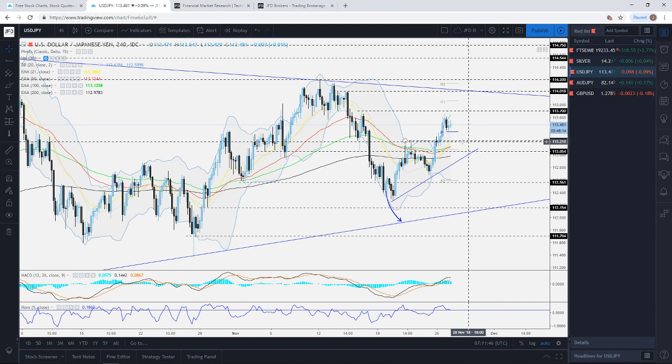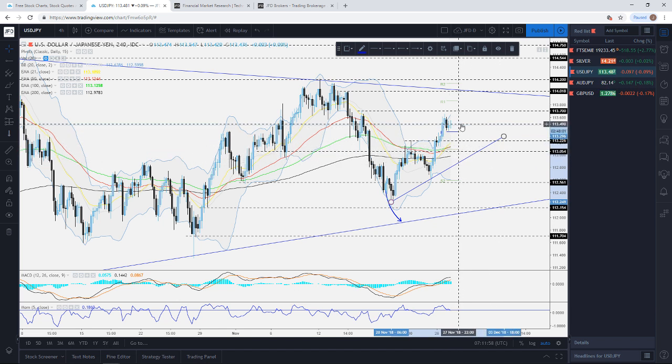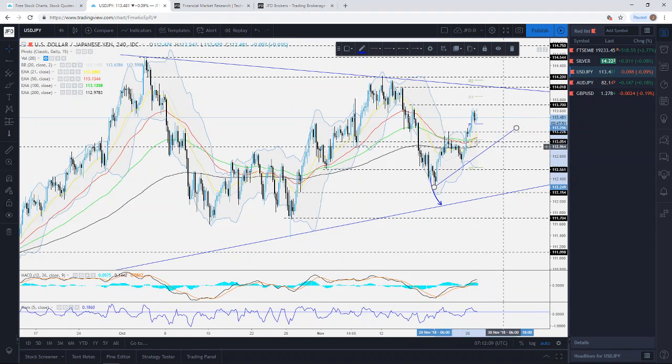So if this gets broken, now we could see maybe a drop further down, a slide further down towards this little short-term upside support line here, maybe for a possible test. And if it continues to hold, then we could see maybe a rebound here and a push back up. But nevertheless, if it gets broken, then be very cautious because this could potentially lead back down,